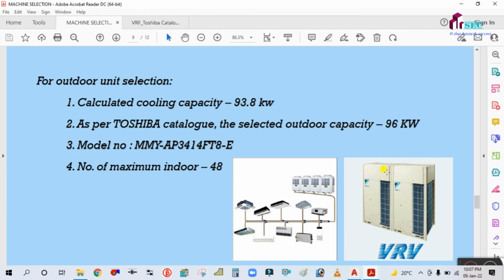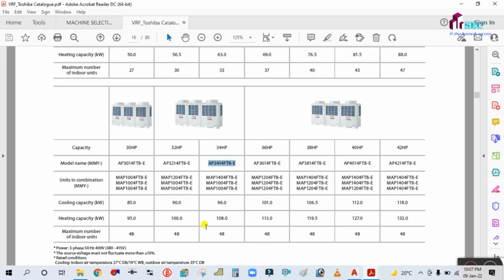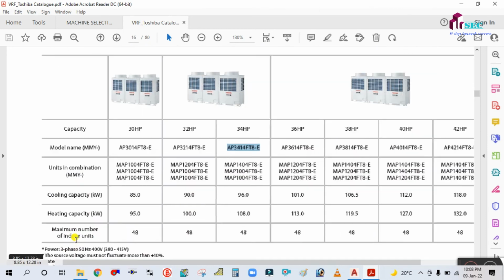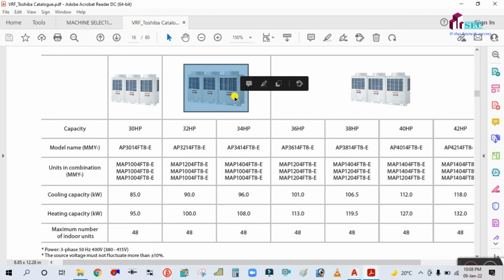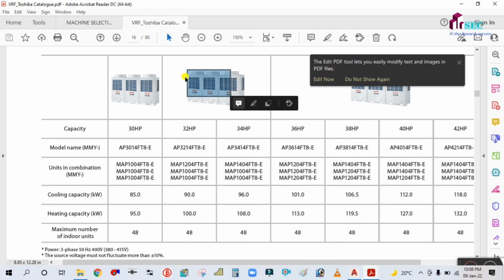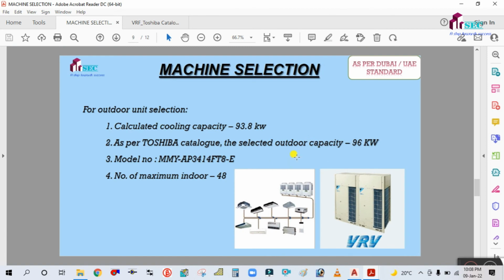This is the VRV from Daikin, and this is Toshiba. Other than Daikin is called VRF, so this Toshiba is called VRF. If you will see here, the maximum number of indoor unit is 48 indoor units can be connected with this machine. So this is the one only. It is the combination of small machines. So this is the combined together 3 machine. This is the one only. Okay, so I will select this VRF,